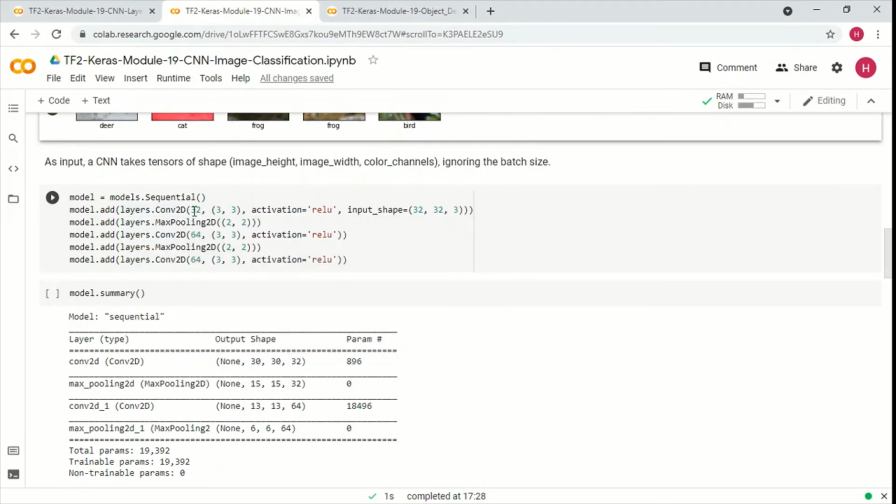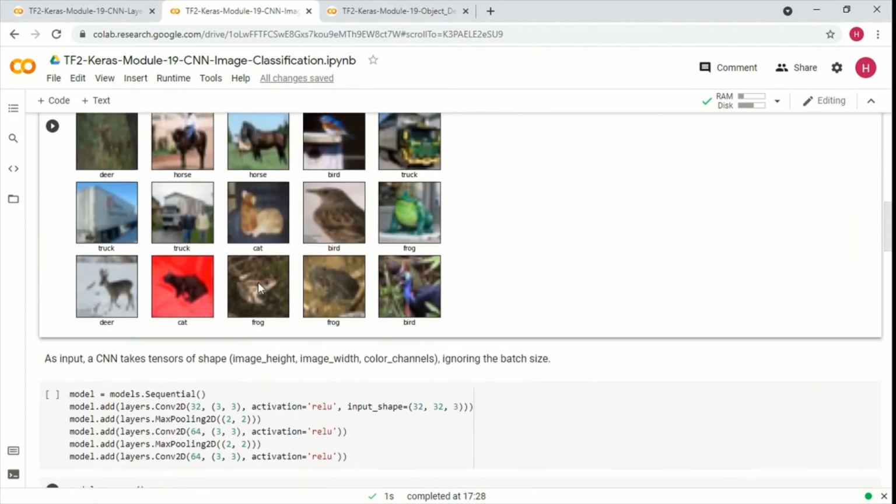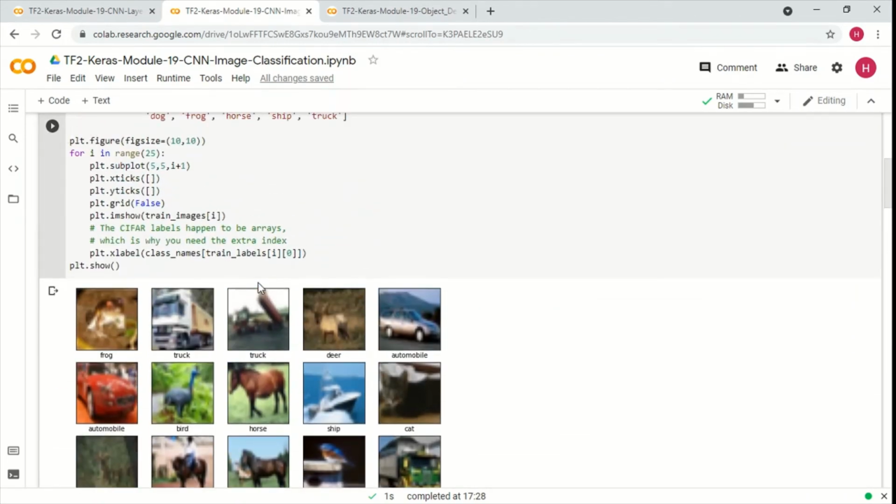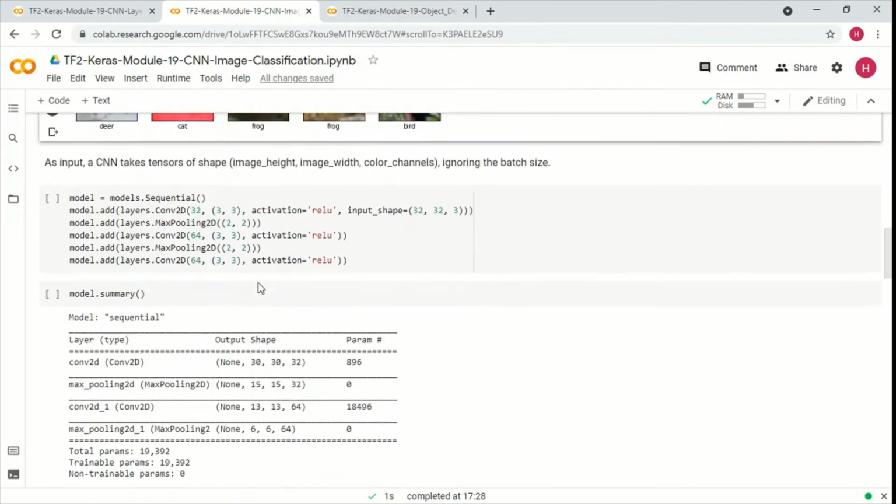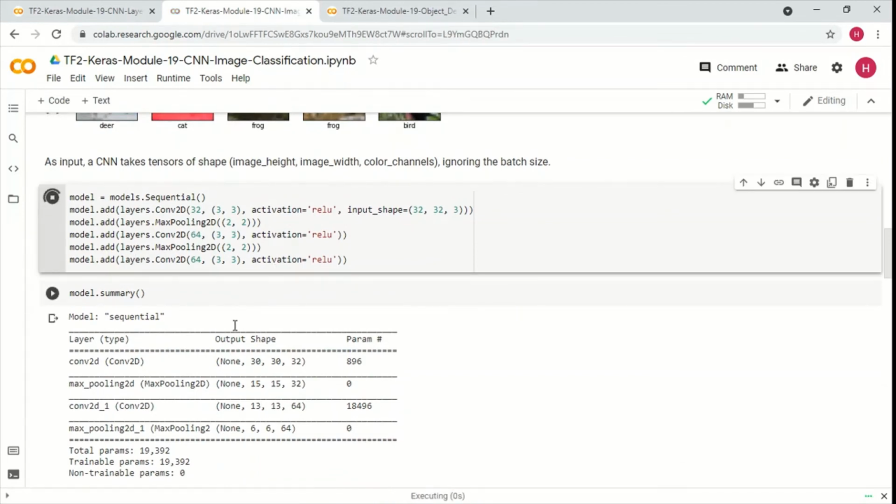In the first case we have 32 filters, then we have 64 and 64 filters, and the filter size is 3 by 3 in this particular case, right? Now we know that the images are 32 pixel by 32 pixel. So let's try to print the model summary.